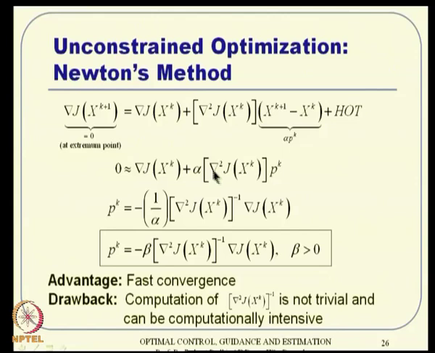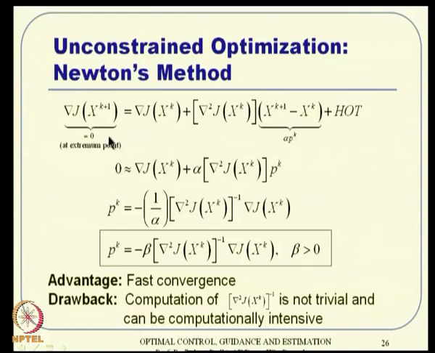And then this inverse happens to be 1 over alpha, and if you define 1 over alpha as beta, then this gives you some sort of a direction basically. Okay. So, once you get the direction, you can bring in the concept of line search and things like that. This line search is independent of these kinds of ideas. So, you find a direction utilizing the fact that the necessary condition tells us that the gradient has to be 0.